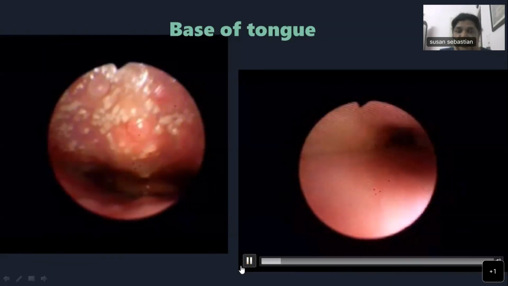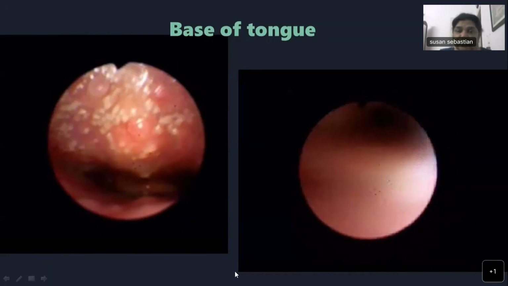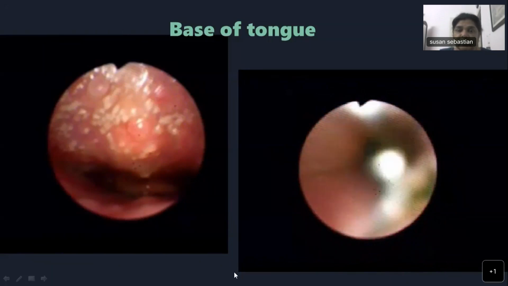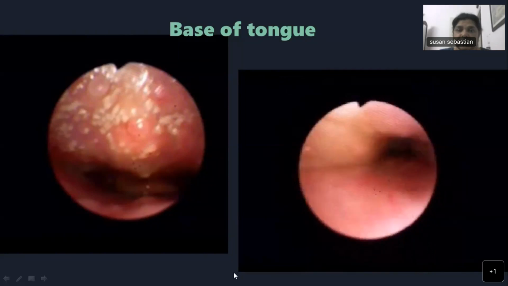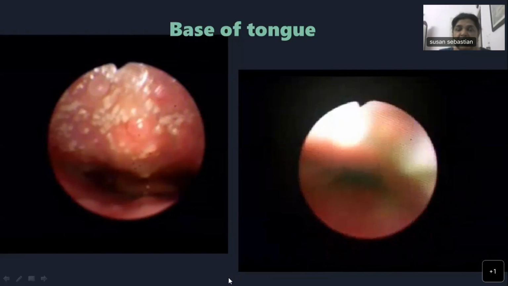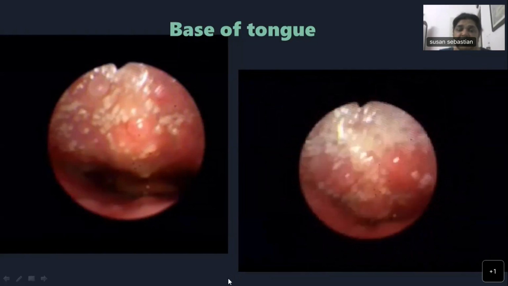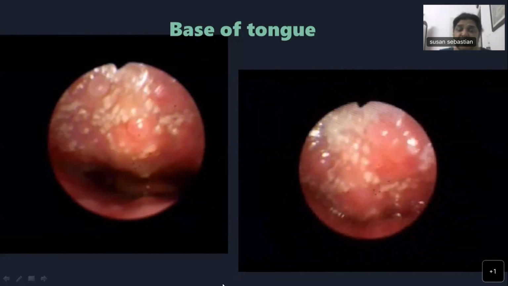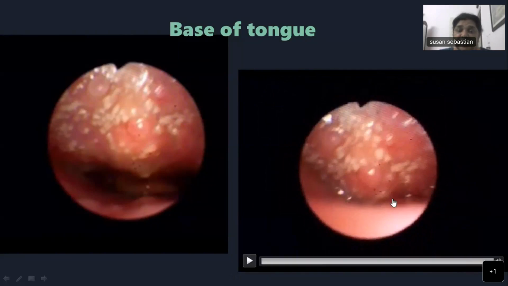Now we are still at the velum. We have just crossed the velum and there is a total obstruction. We can't see any airway now, but when the patient is breathing heavily, a little bit will open up. Yeah, see the base of the tongue. Bulky base of the tongue pushing hard against the posterior pharyngeal wall, leaving no airway at all. You can see a few air bubbles coming up from the larynx.